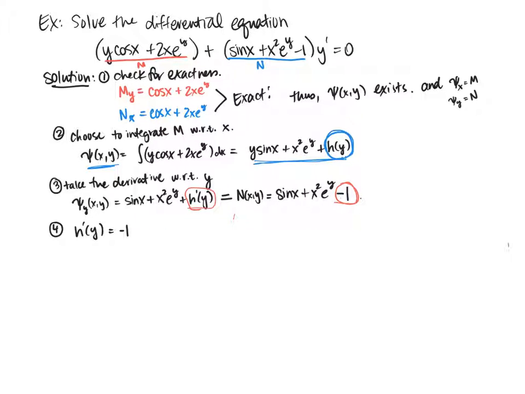So if I integrate that with respect to y, I get that h of y is equal to negative y. So now I have my whole psi. So what is my psi? My psi of x, y is what I had up here before, right? It's equal to y sine x plus x squared e to the y plus, and then what is my h of y? It's negative y. Oh, so I should have put